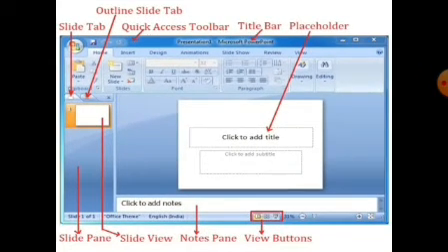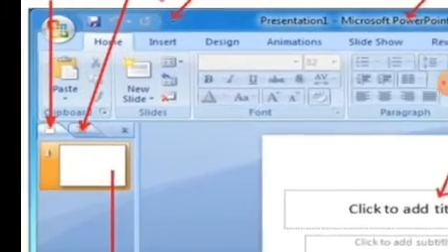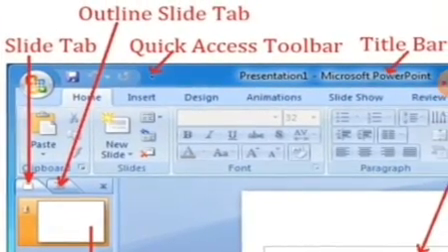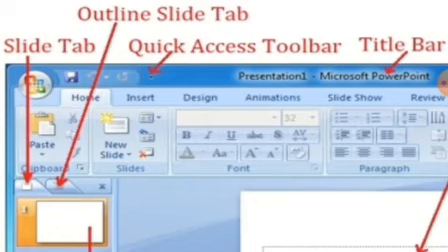Now next is the File tab. This tab gives access to file related options like New, Open, Save As, and Print. The File tab is located here, which gives us a shortcut for creating a new file, opening a file, saving the existing document, or the print command.